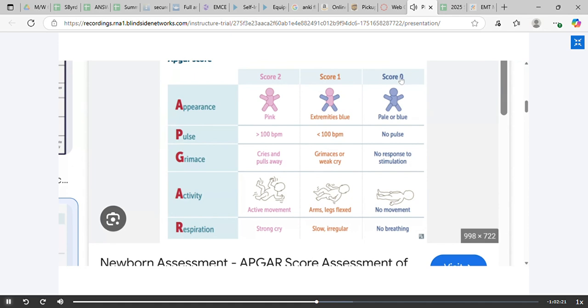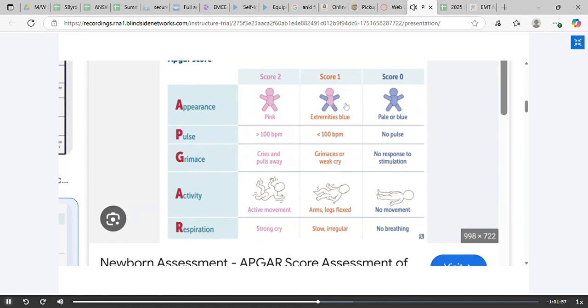Each one of them is going to have either 0, 1, or 2. So for appearance, 0 is going to be if your patient is completely cyanotic, extremities and core. 1 is going to be the core is pink, but the extremities are cyanotic. And this is actually okay, because if you think about that birthing canal, it's not very big, and this kiddo